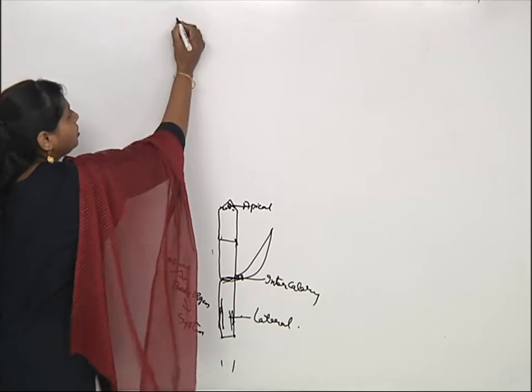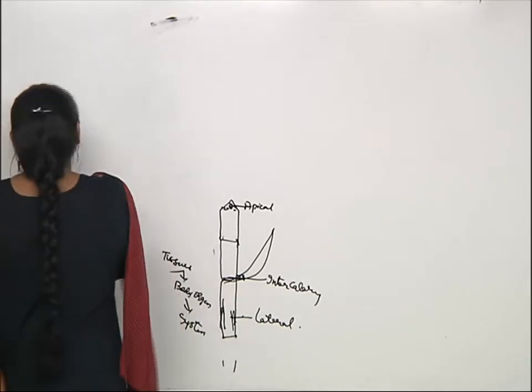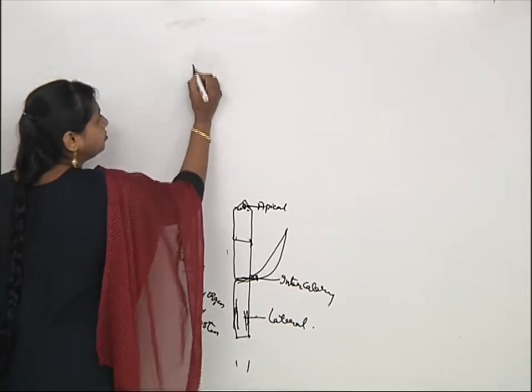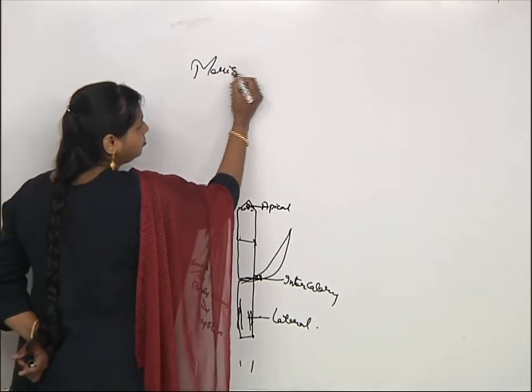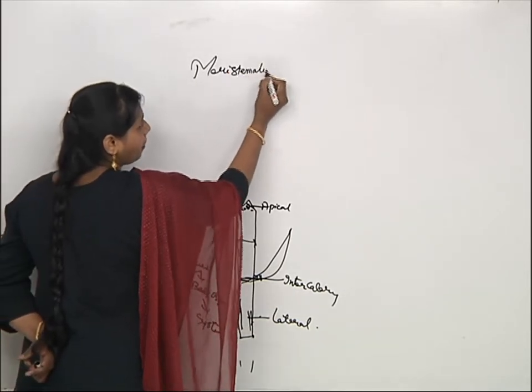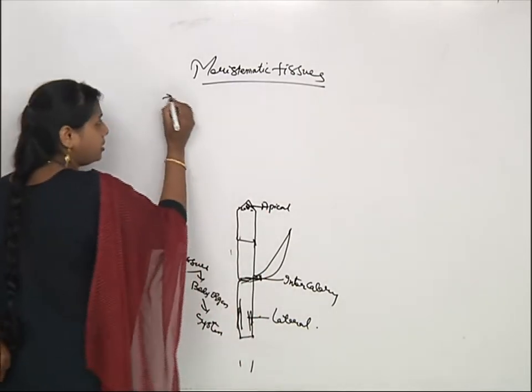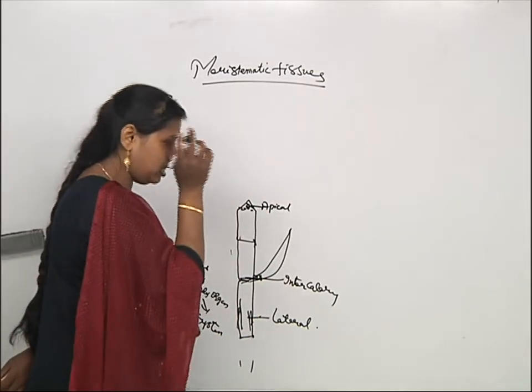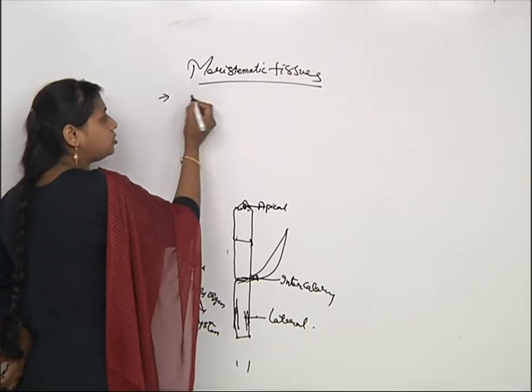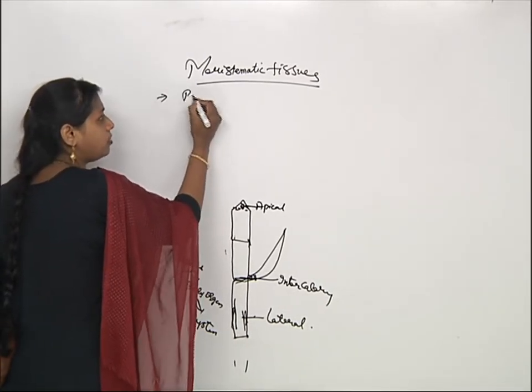Okay. Now first we'll study about meristematic tissues. What are the first basic characteristics for why we are studying meristematic tissue? Meristematic tissues are those tissues which have the power of cell division,